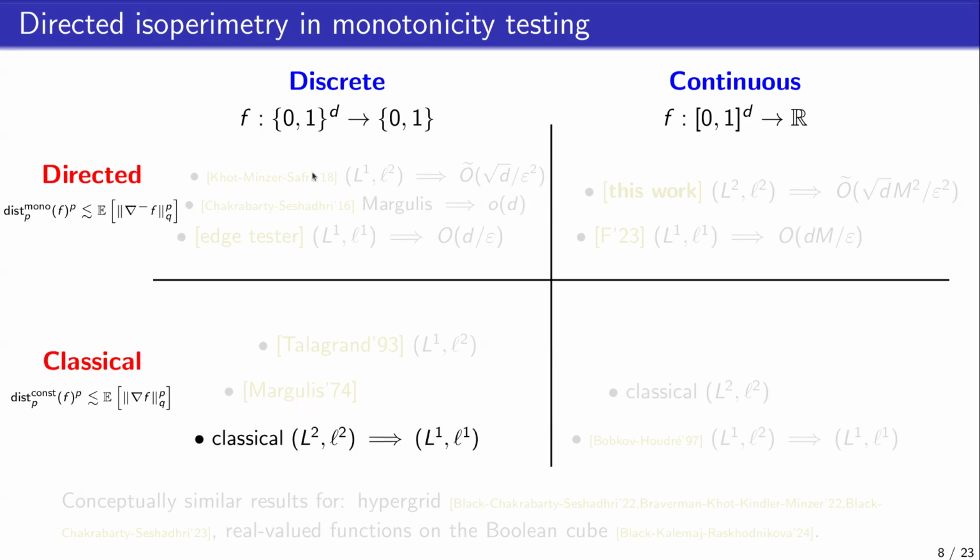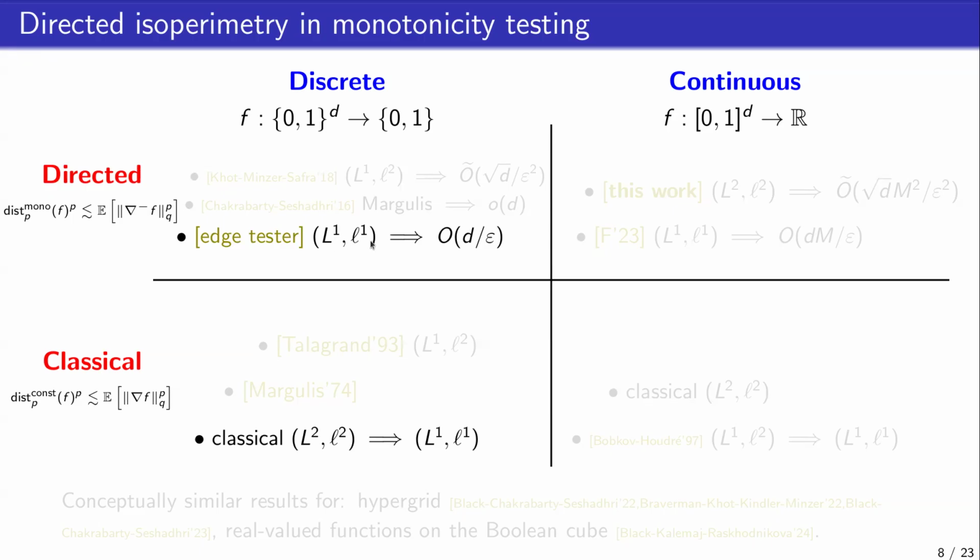So okay, if I start to fill in this map here, in the discrete world, for Boolean functions, the most classical type of Poincaré inequality for Boolean functions is this L2-L2 one that is called the Poincaré inequality on the hypercube, if you look at analysis of Boolean functions texts. And it turns out, I'm not going to spend too much time going over details, that for Boolean functions this also implies this L1 inequality, so the exponents just work out. And the point here is that once I have this L1 classical inequality, I can now derive, I can compare it to an L1 directed Poincaré inequality. And this is the inequality that I just told you about.